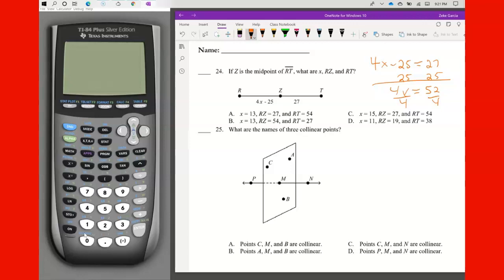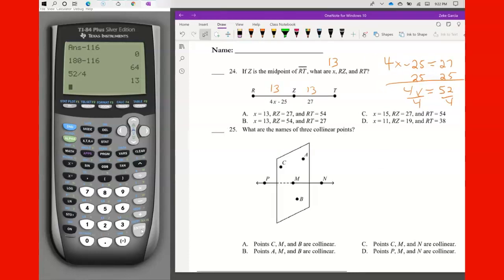So let's go to our calculator. And we have 52 divided by 4, which gives you 13. So we know that the value of x is 13. RZ is 13. ZT is 13. So what's the distance from R to T? Well, that's going to be,